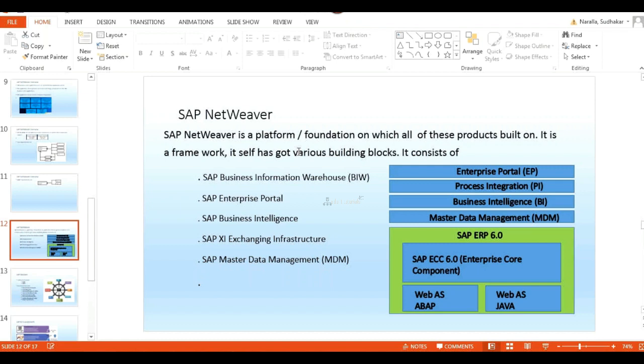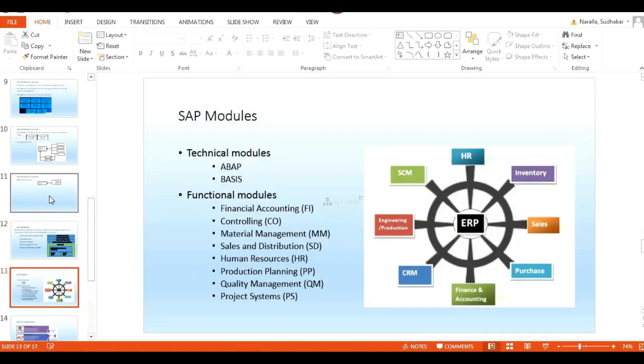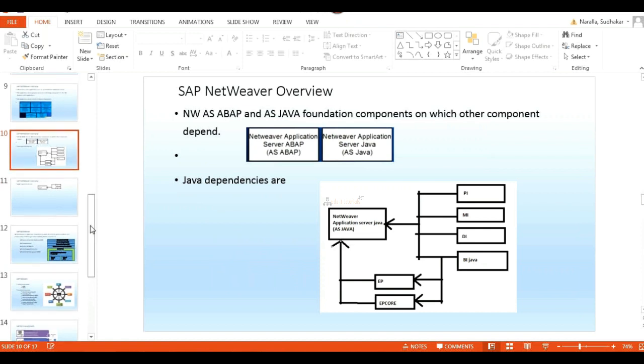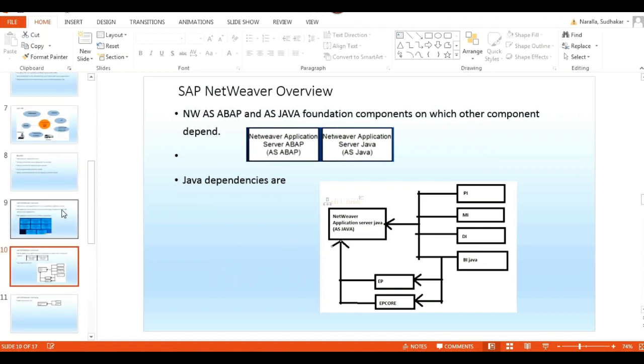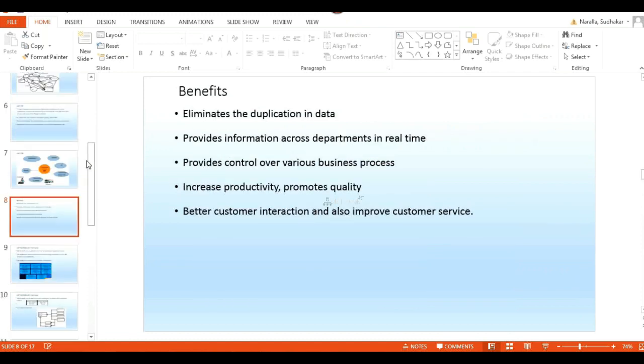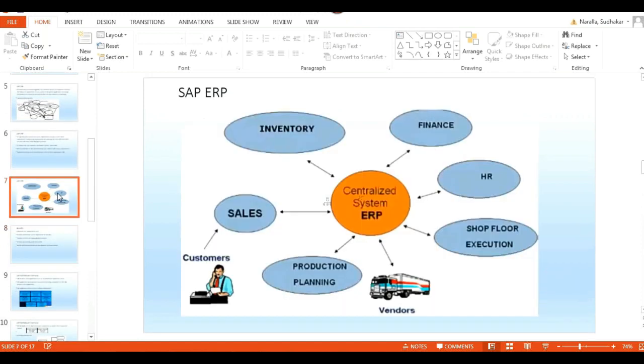In Business Suite, they have given all types of different software applications like ERP, SRM, PLM, CRM. But now we are installing NetWeaver only, right? What is the functionality of NetWeaver? NetWeaver is a platform, a technology.